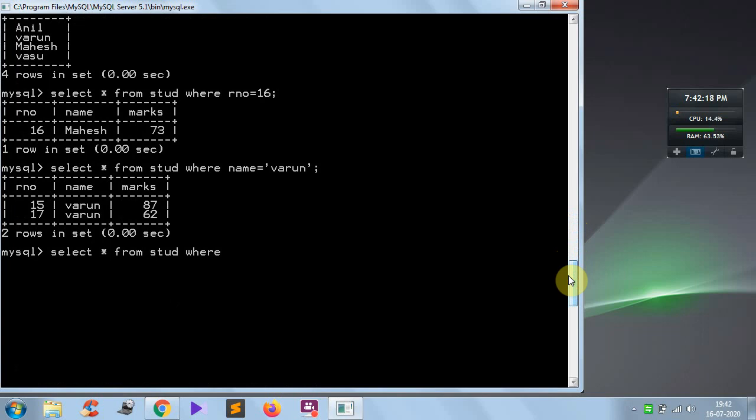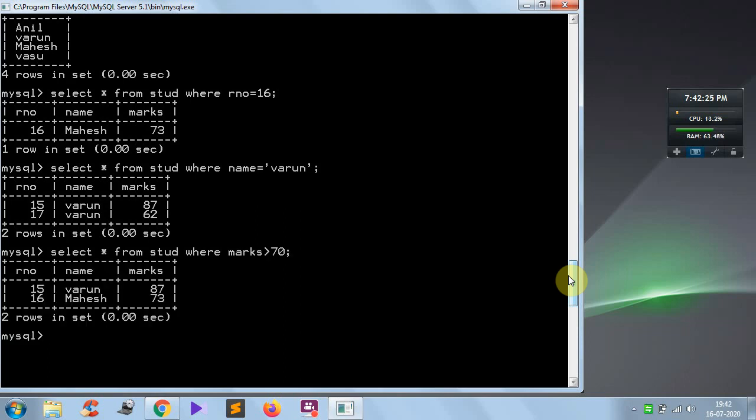Marks should be above 70: marks greater than 70, put semicolon. Now here Varun and Mahesh both are having the marks above 70, so this is the way you can place the condition. Sometimes you may have to specify multiple conditions, so how to do?